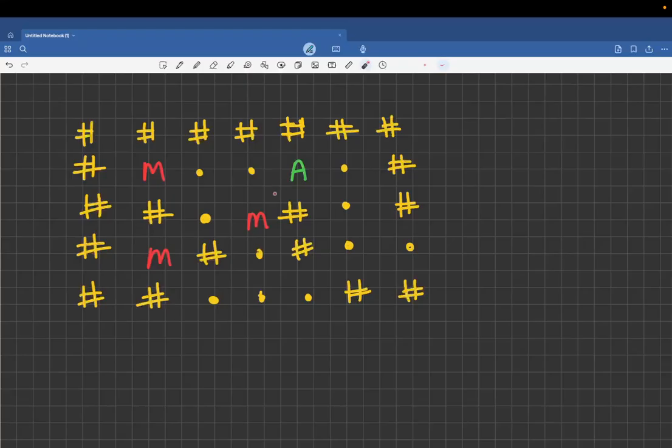But the condition is that let's suppose you take 5 steps to reach there, then any of the monsters present in the grid should take at least 6 steps, that is greater than 5 steps. If they are able to reach in 5 or fewer steps, then you can't go over there. This condition is true for any of the cells. Like let's suppose I consider this particular cell. This monster can reach this cell in just 1 step. Similarly, you can also reach it from the starting point in 1 step only. So you can't go over here because there exists a monster that can reach the same cell in an equal or lesser number of steps.